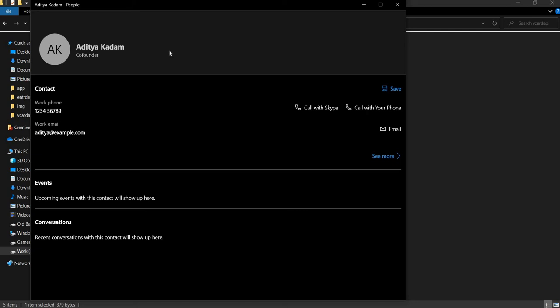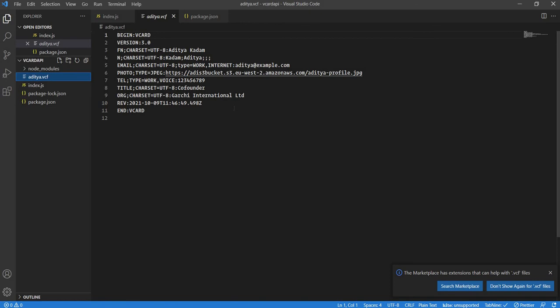Okay, so to keep it on the safer side, what I would suggest is, instead of storing the image as a URL, though it is allowed, and also in VCard there is a functionality to store it as a URL, the best way to do it is to store it as a base64 format image. Okay, now let's do that. So what I'm going to do,